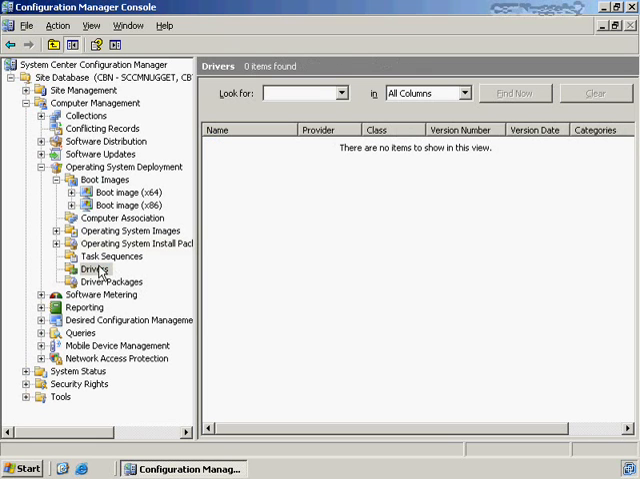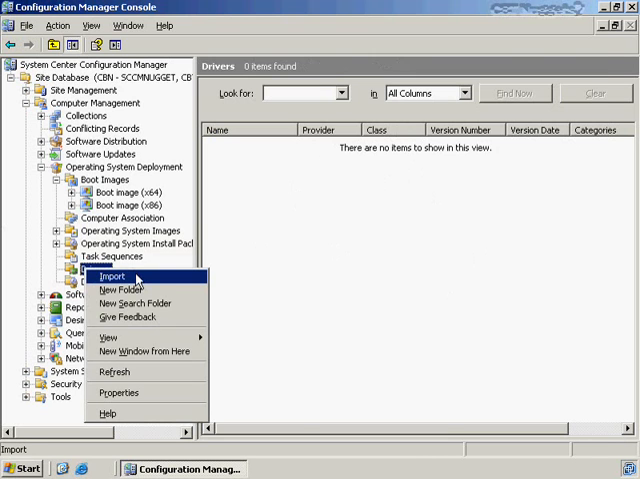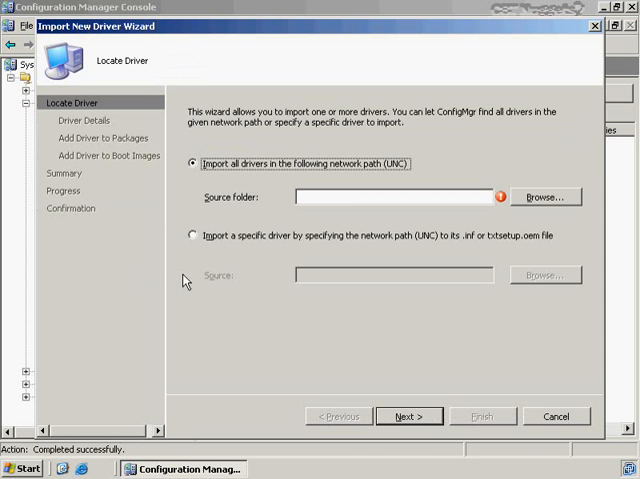Now, if we click here under drivers, you'll see we don't have any drivers currently installed, but if we right-click on drivers and choose to import, we can actually import existing drivers that are available to us. Drivers, by default, when the hardware manufacturer creates a driver set, they create more or less a package of the driver and then some .inf files that are used to actually instruct the operating system how to install those